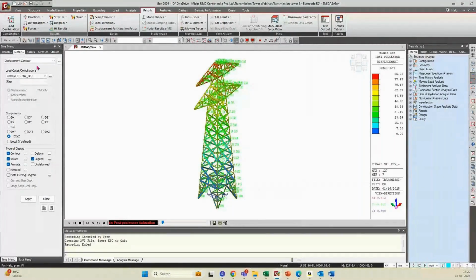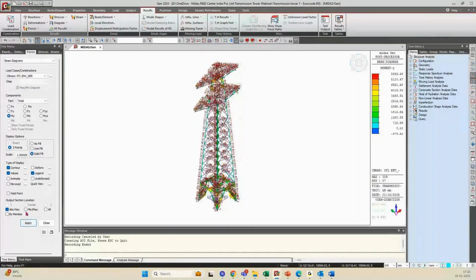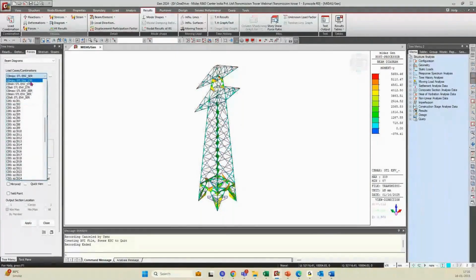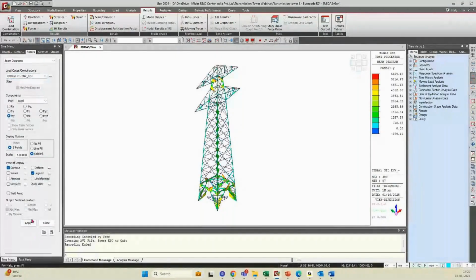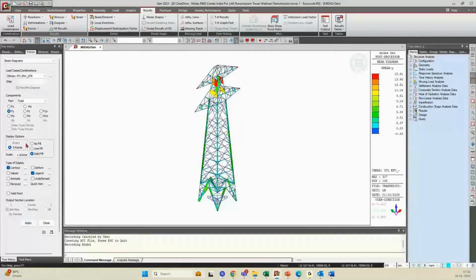Okay, and similarly we can see the beam diagrams, like what is the maximum moment that we are getting in the particular model. That we will check for the strength envelope case. Okay, so My is the moment and Fx is the axial force, and Fy and Fz are the shear forces with respect to the axis. Okay,